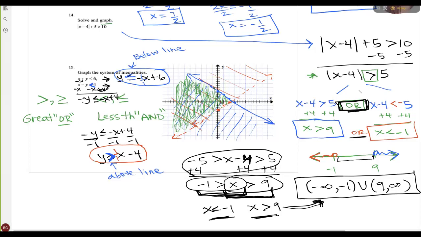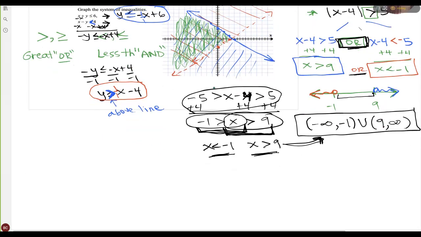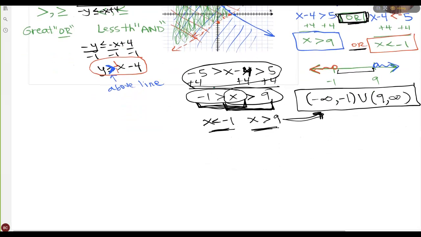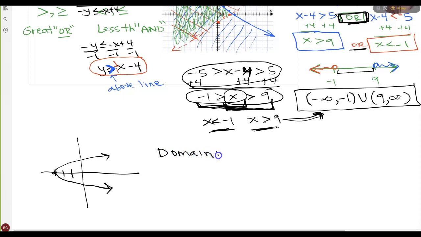All right, there's just a couple of other things that I didn't put on here that I want to make sure are clear. I want to talk about domain and range a little bit if we're looking at a graph. Say that I have a graph that's kind of like this sideways looking parabola, that looks like that. So if I asked you to write the domain and range for this in interval notation,